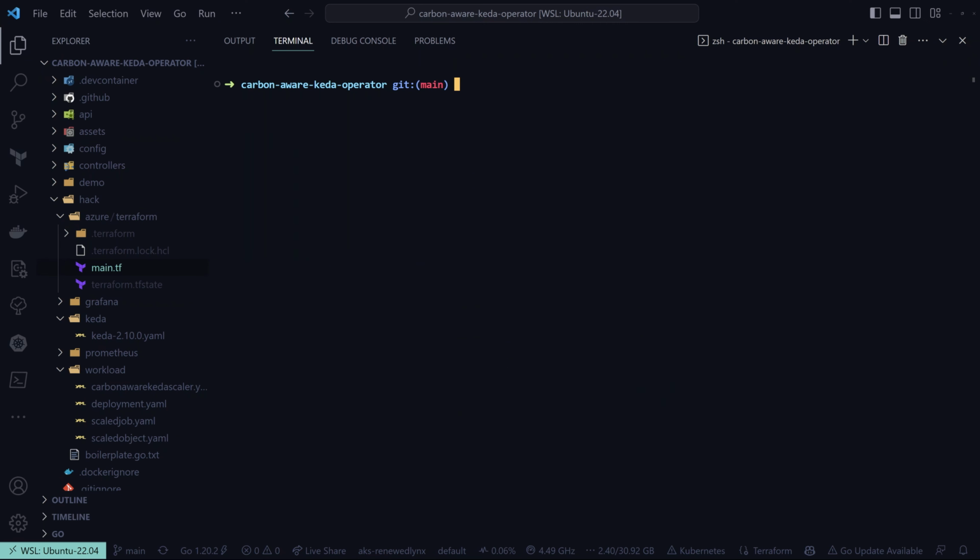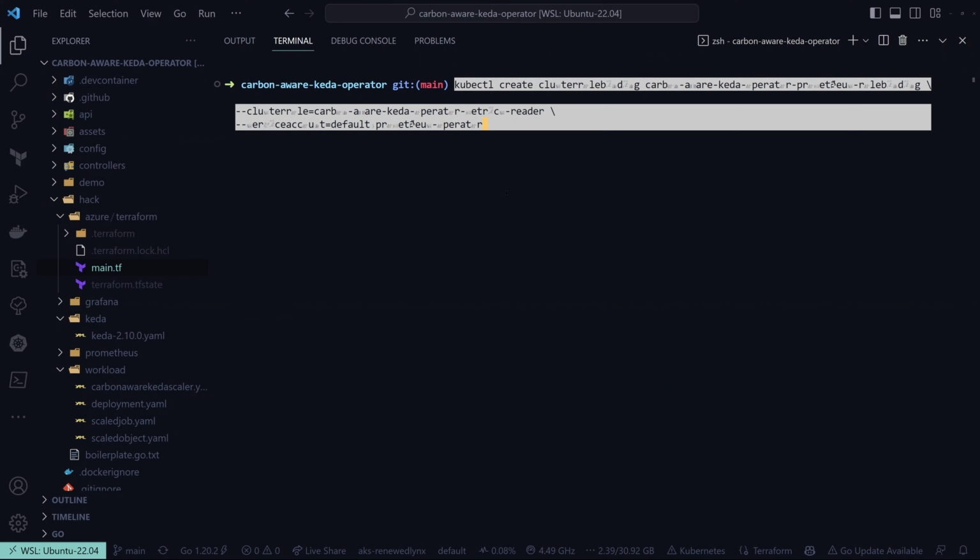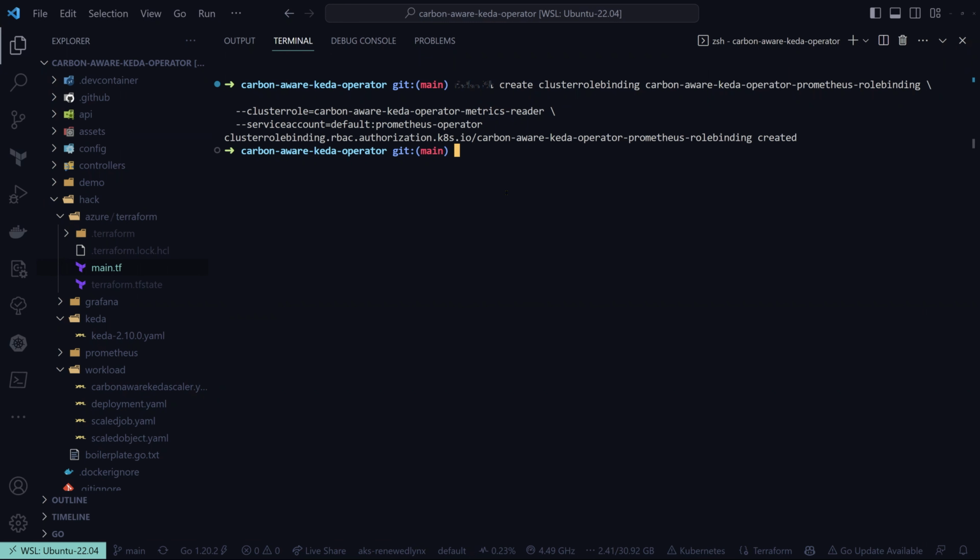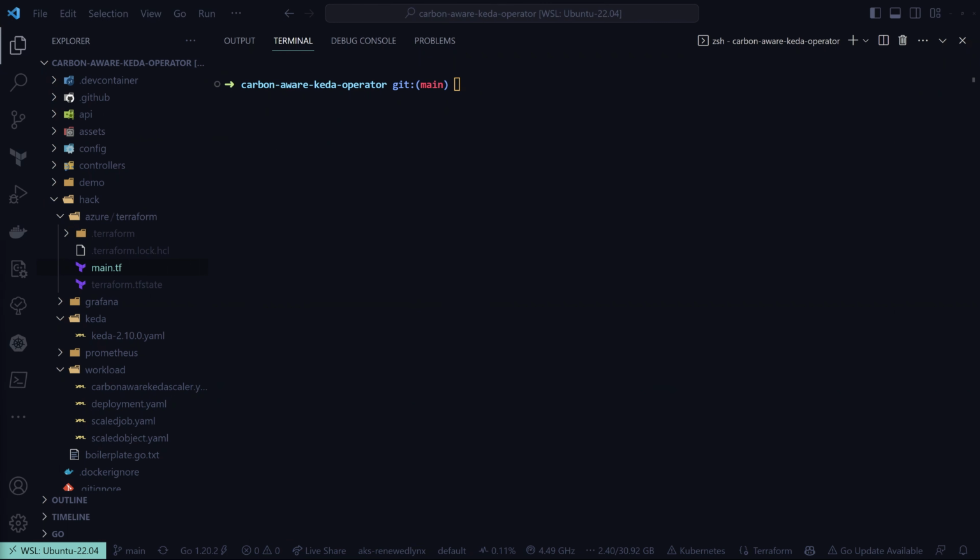Now, let's also assign a cluster role binding to the Prometheus operator so that it can scrape metrics from the namespace in which the carbon aware operator is running. Okay. Now, finally, we want to browse to our Grafana